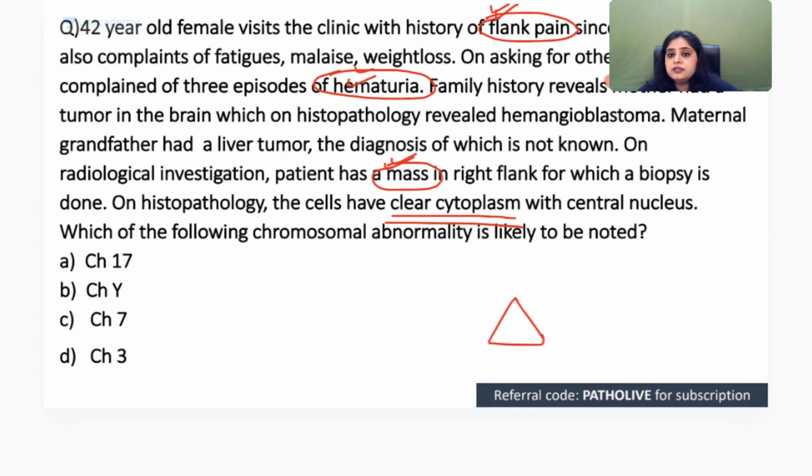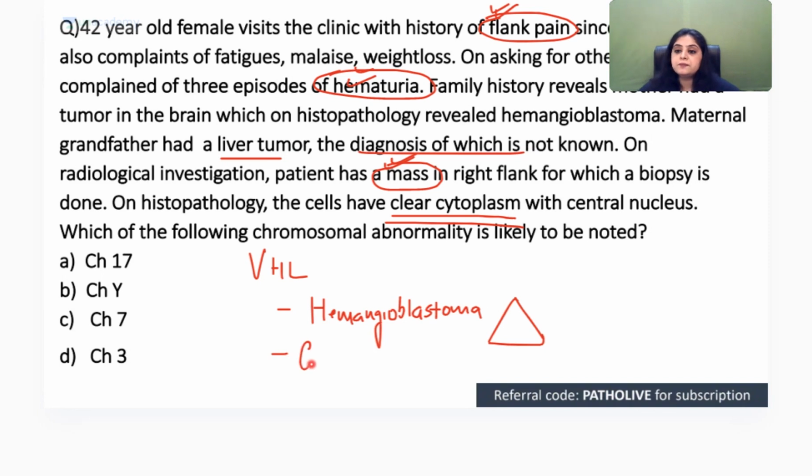Yes, you had a mother's history who had hemangioblastoma. So remember, when we come to VHL, all angio things will start coming up. In the brain, there is going to be hemangioblastoma. In the liver, there was a tumor and they don't know the diagnosis of the tumor. Again, an angio tumor of the liver. All of you are saying hemangioma. Which type of hemangioma occurs in the liver? Capillary or cavernous? In organs you have cavernous hemangiomas. Yes, so in the liver we have cavernous hemangioma.